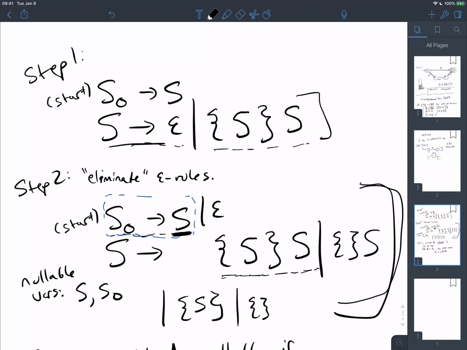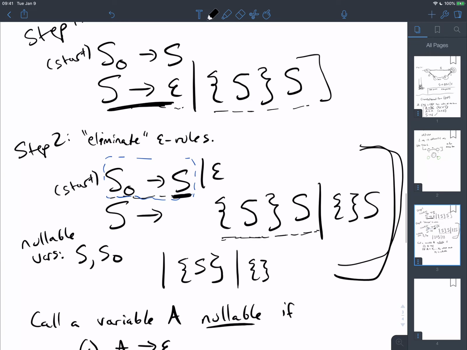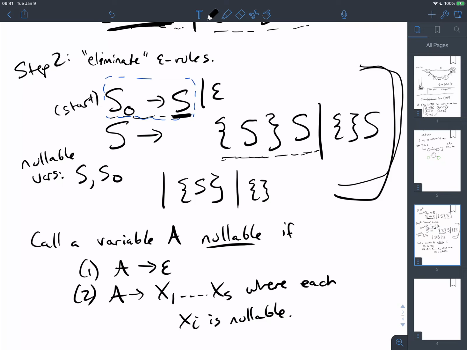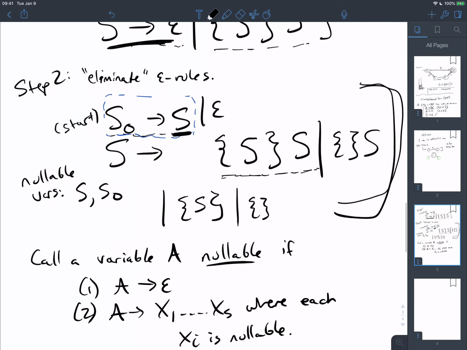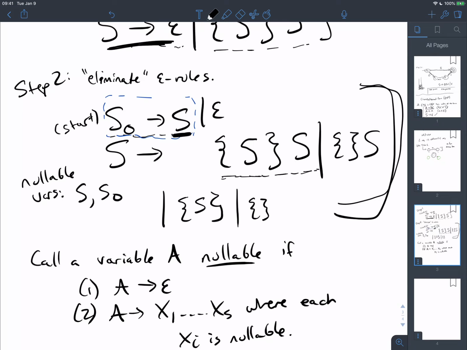And one of them is this rule right here, for instance, which is where one non-start variable makes the empty string, and of course Chomsky normal form can't do that. So we fix that by saying, let's look at these things called nullable variables. So what's a nullable variable? Right, it either makes epsilon directly, or it makes only variables on the right-hand side where each of them is nullable. So there is some way for this variable to make the empty string. And what we wanted to have is that we don't want that to happen. We want to simulate as if that